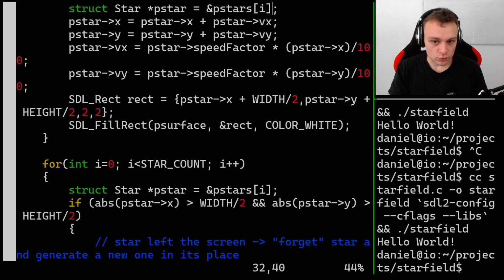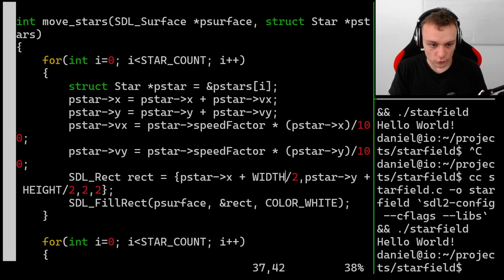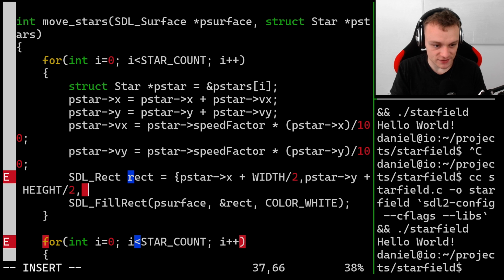We can do that in the place of code where we generate the rectangle. And these two variables here are the width and height of the star, as it is represented graphically on the screen. And here we can say